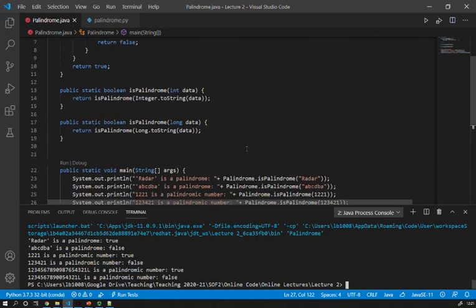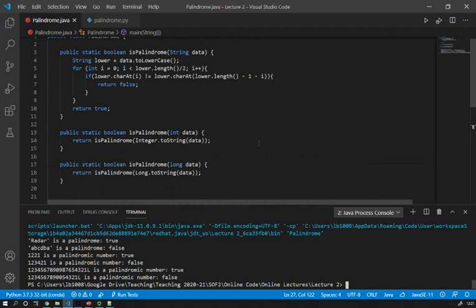So overloading methods sometimes is pretty useful to provide more functionality for your class. However, it may not be that difficult, because sometimes I can reuse one of the methods I've written before. As you can see, within the method isPalindrome, I can call one previous version of this method using the call isPalindrome with a different type. This is very useful and something you should remember.